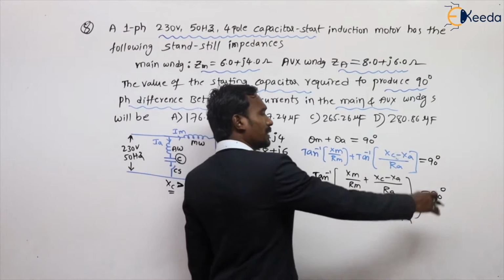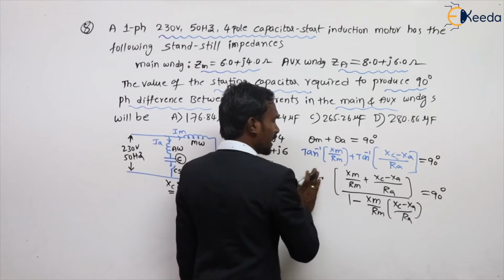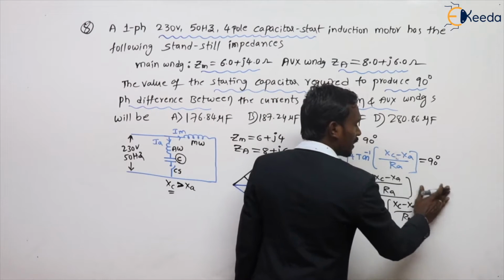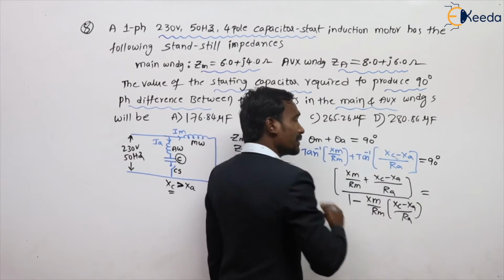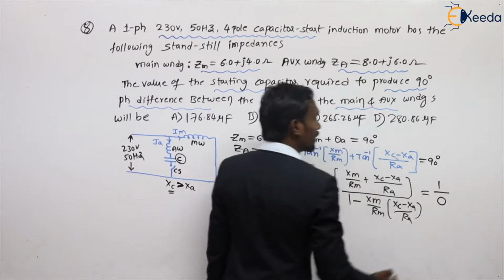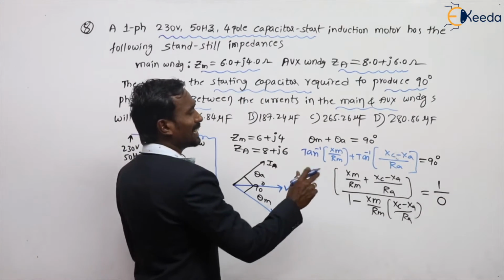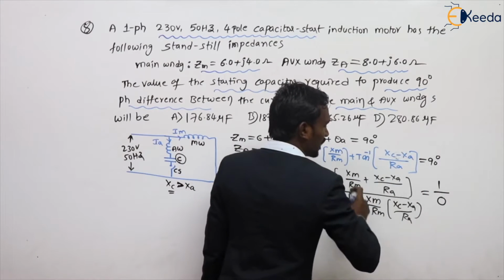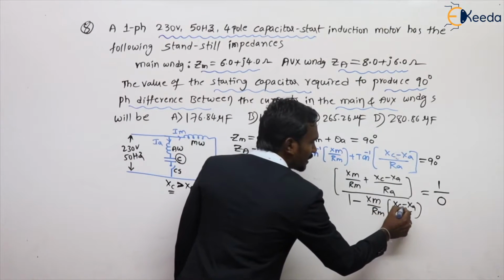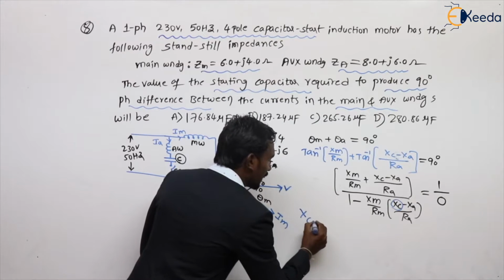Bring this tan inverse to this side. So tan 90 is nothing but infinite, nothing but 1 by 0. If you do the cross multiplication and find the XC from this,